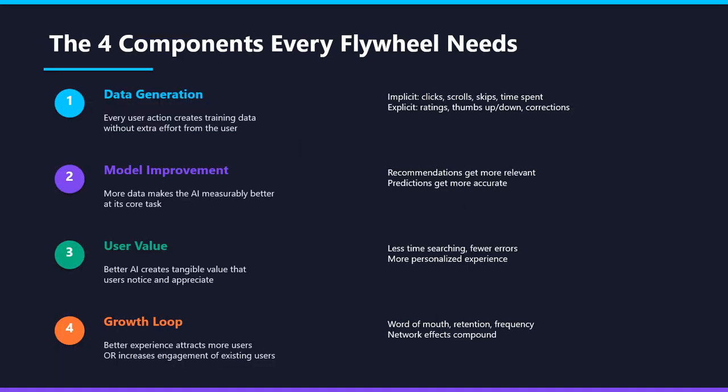So for a flywheel to work, you need all 4 components. Miss one and the wheel stops spinning. Component one is data generation. Every user action must create training data without extra effort from the user. The best flywheels use implicit signals: clicks, time spent, skips, scrolls. The user does not even know they are training the model. They are just using the product,